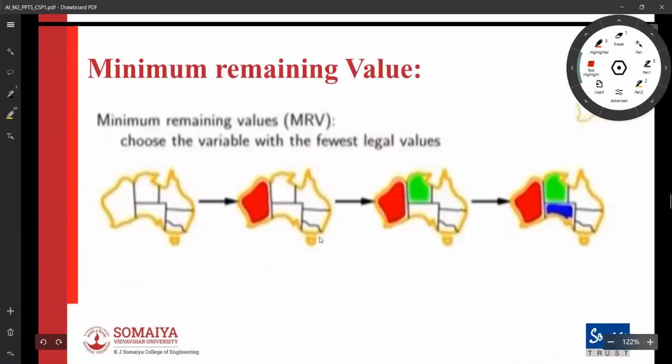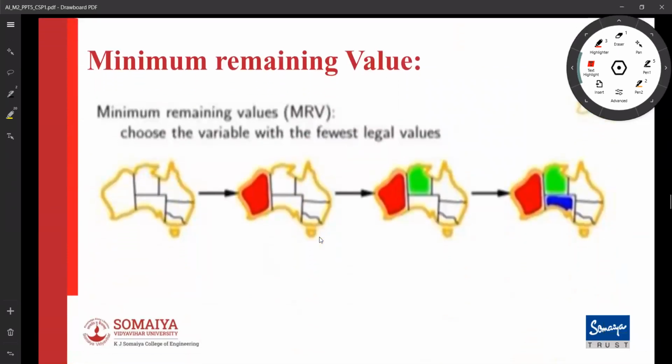So this comes with the idea of minimum remaining value. Our goal is to answer the first two questions we have seen before: which variable we have to assign first and what value we have to assign first, and then we will talk about detecting the failure.